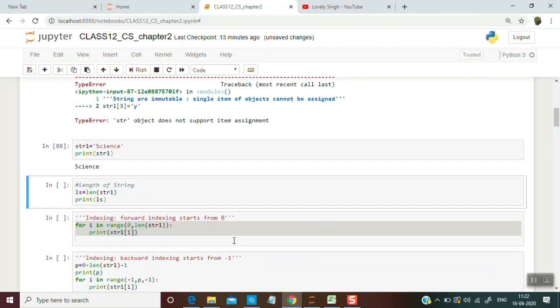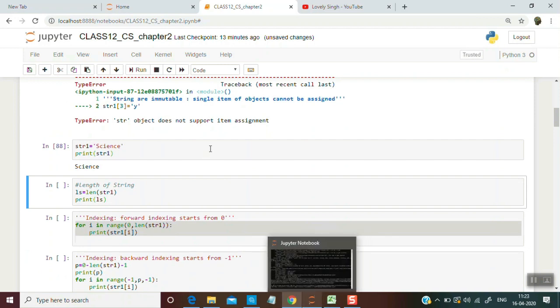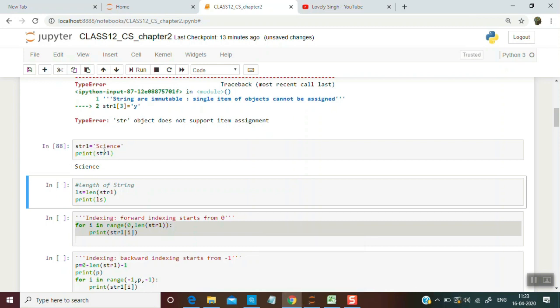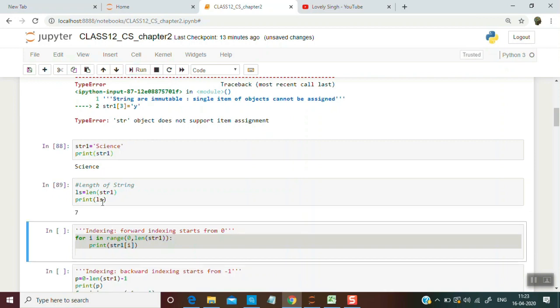Let's talk about the length of the string. Length means the number of characters contained in the string. For example, if I talk about string 1, it contains signs. If I talk about the length of it, it will be 1, 2, 3, 4, 5, 6 and 7. So there are 7 characters involved in this. If I take out the length and print it, I'll get 7. To take out the length, we have the syntax len, and within brackets we need to write the name of